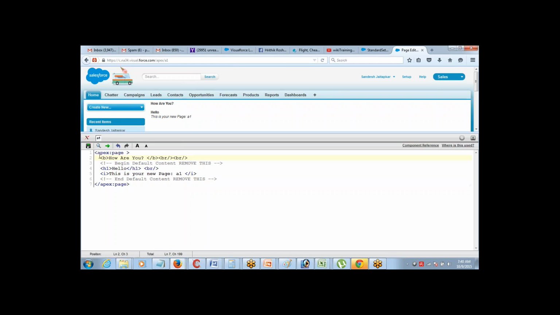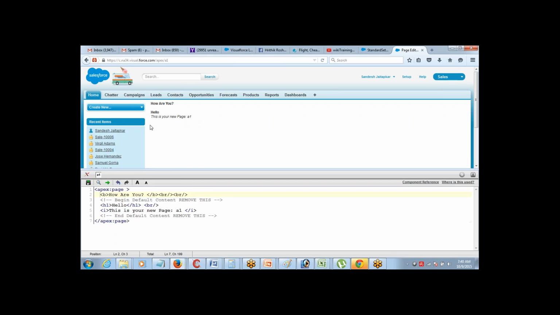In this page, if you look, there is no controller here because there is nothing which needs to be controlled. There is no instruction required here. There are just a few words that I'm displaying on this page. So this page at this point does not require any instruction as such. It's pretty much okay with the markup part. But if I have to display some data on this page, or have a button which can actually perform some action, for that reason I will need a controller. Got it? But if you just want a couple of words on the page, or want to design a static page, then you don't need a controller.